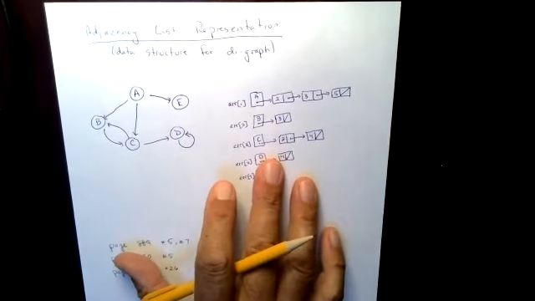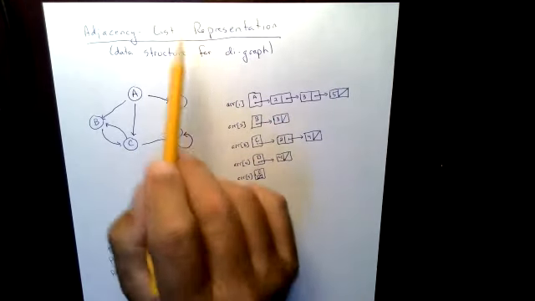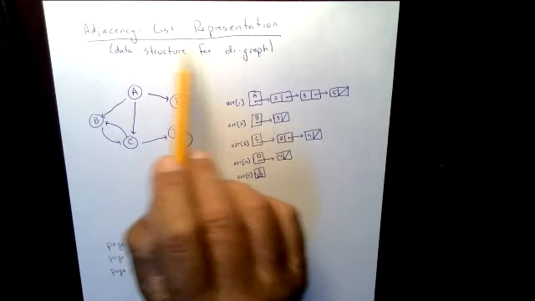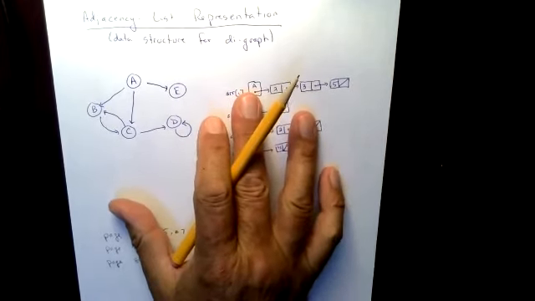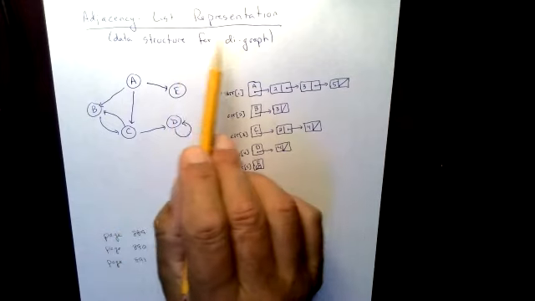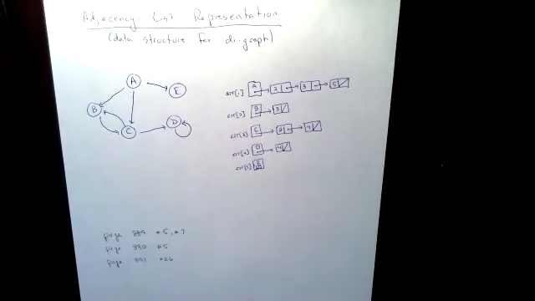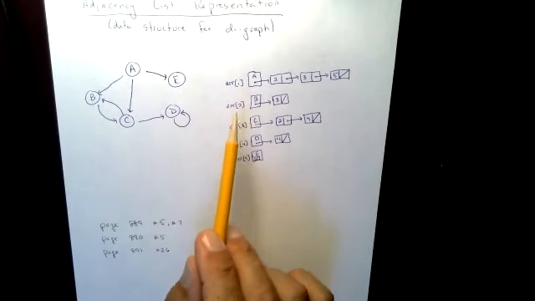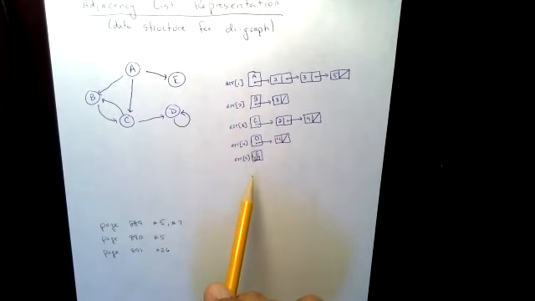Our next representation is called an adjacency list. It almost sounds like linked list. List representation. And here's another data structure that we could use to represent a diagram. If you take a look at it, same picture, but all of a sudden, what did I just draw? In my world of linked list, it looks like I drew something along the lines of,